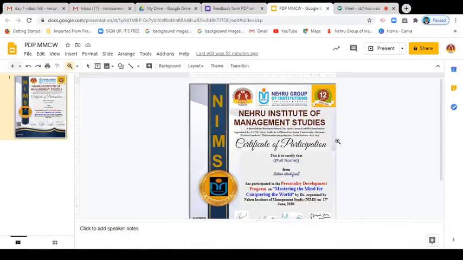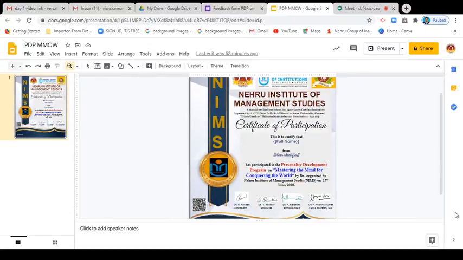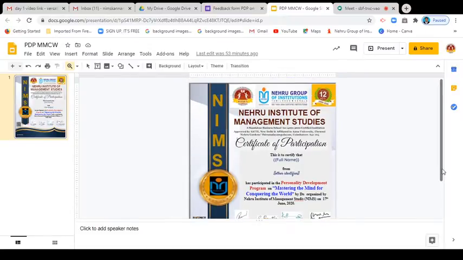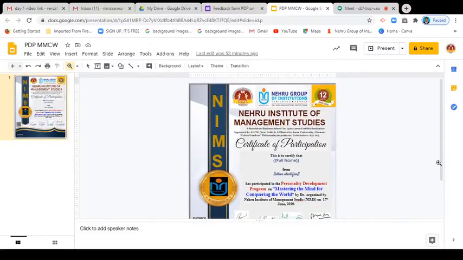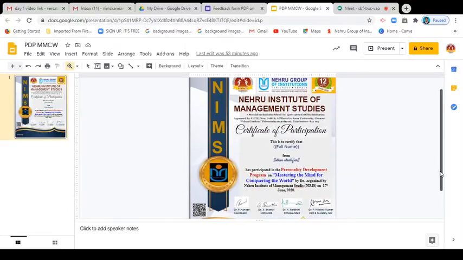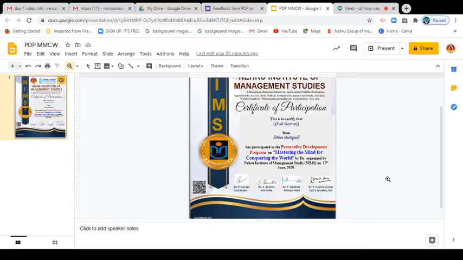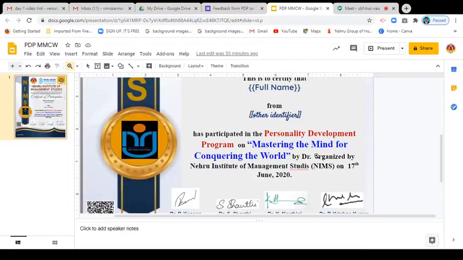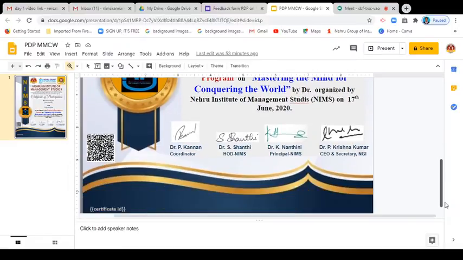Okay. So this is the certificate designed for tomorrow's program. Balamurun sir, am I audible? Yeah. So this is the certificate I designed for our program tomorrow. I still have to work on it. I am going to add the resource person's name, and after that I will finish the work.